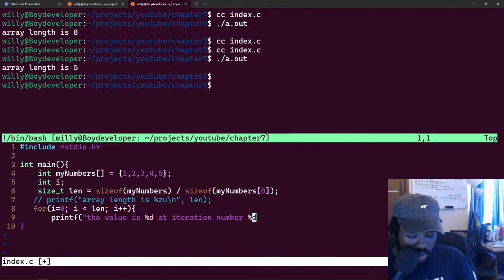So let's insert a new line here, and then we'll add both values that we want to print. So we'll put the value of the array. So this will be my numbers at i, okay, and then the second one will be i, which is going to be the iteration number. So here, and then we close off like this, okay,